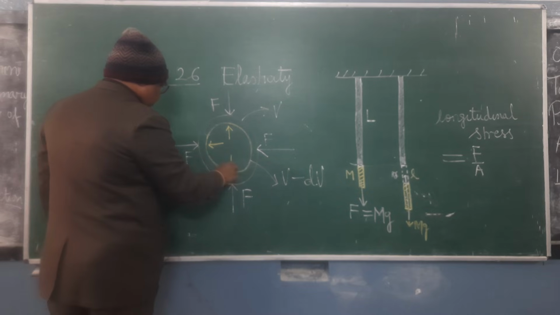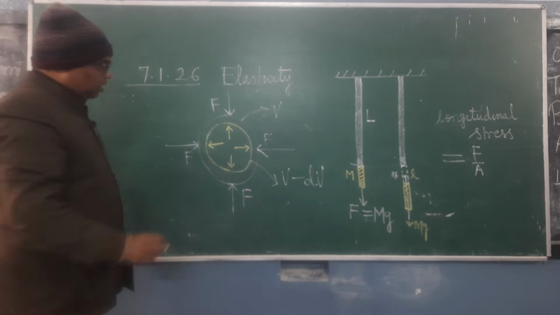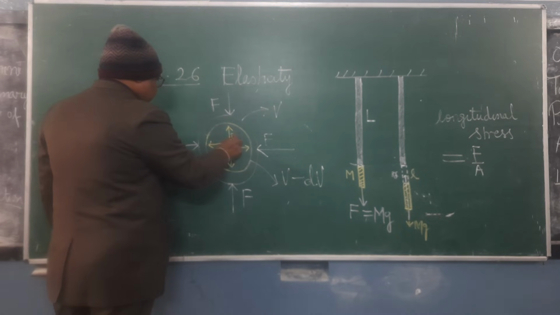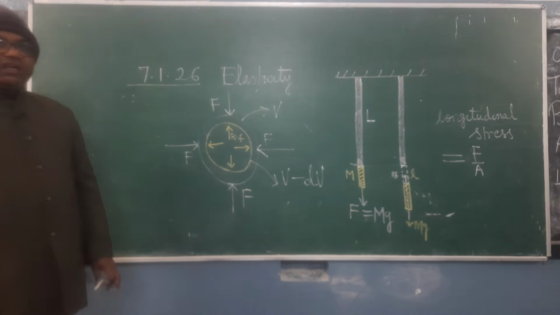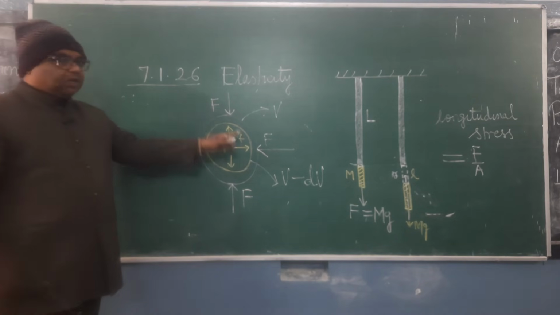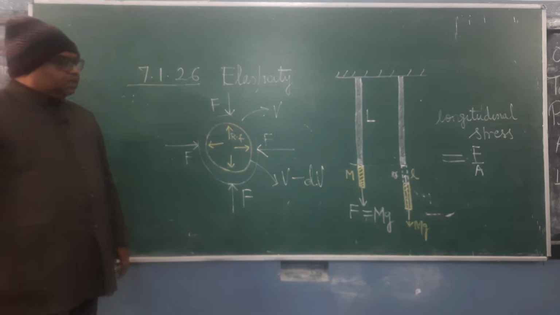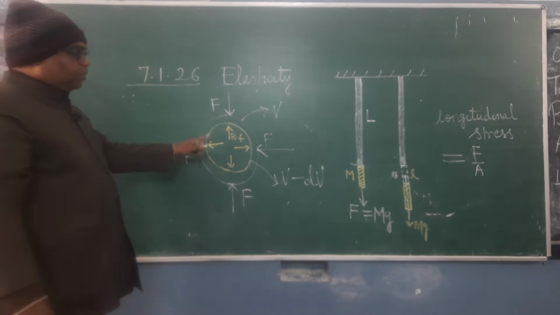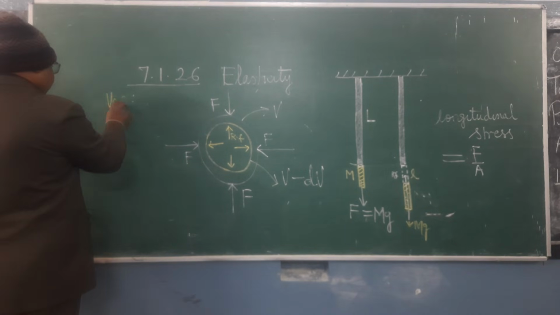This is the restoring force. If you remove these forces which are applied from the external side, because of these restoring forces, it will occupy the same volume. It is clear? So here the stress which is developed due to the change in volume,